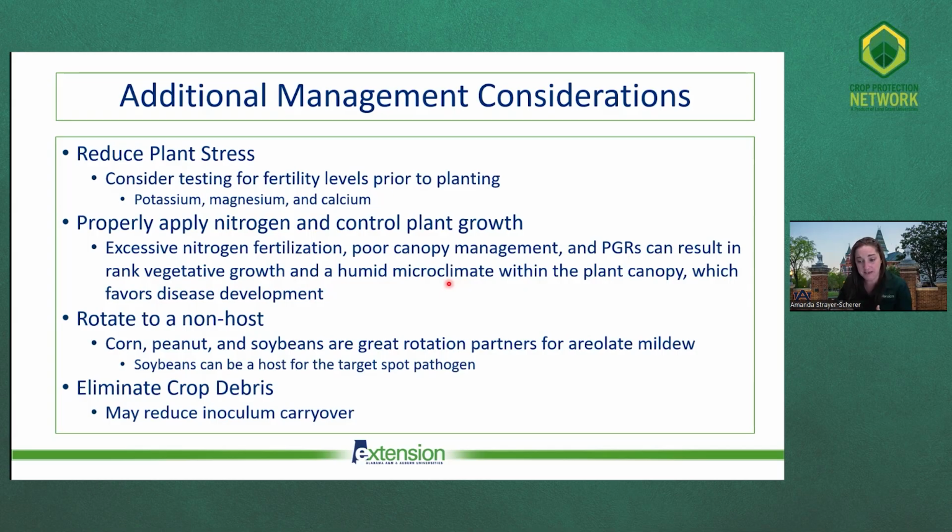Now, probably one of the easiest things to do to prevent overwintering of that inoculum, and you may have already put this together based on my previous slides, is you want to rotate to a non-host. One of the good things about Areolate mildew, in addition to it being easy to identify, right, is that it only goes to cotton. So our other rotation partners like corn, peanuts, and soybeans are great for Areolate mildew because